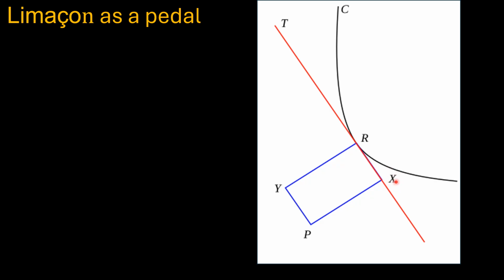We create a point x. So a set of these points x from the projections of this P to the different tangents that we can plot on this curve C are these pedals. So a Limaçon is